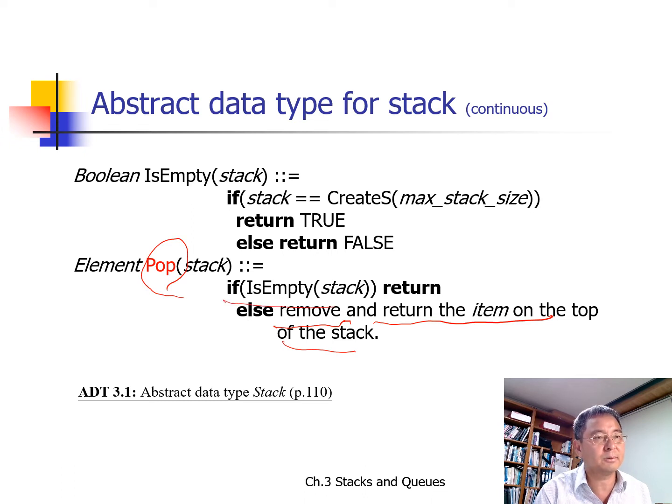So if this one return else, it's similar to the C language, but it is not exact C language. It is similar to C language, so it is called pseudocode. Okay, so that is an abstract data type, and now